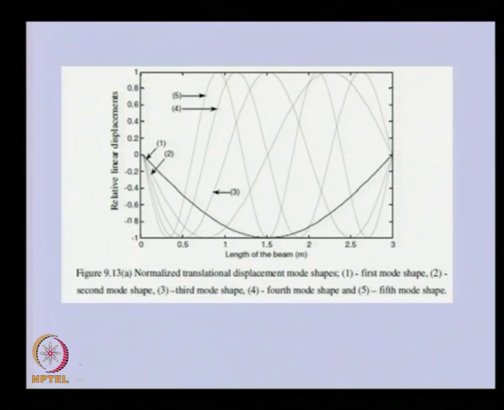This mode shape is plotted for a larger number of elements. You can see the first mode is this one. This is not for 3 elements; we took more elements and have drawn it. This half sine we can see for the first mode, then the second mode is a full sine. This is the full sine, second mode. Similarly, the third mode will be